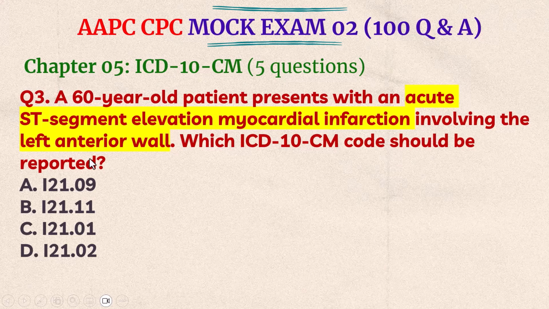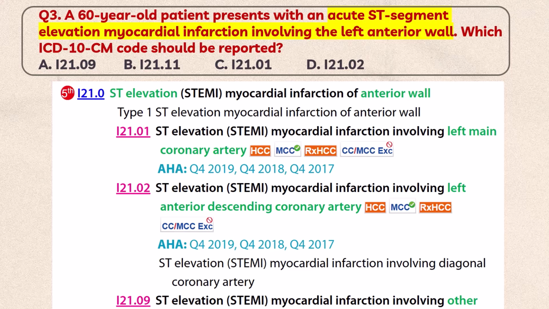When you look at the answer, you can see all are adjacent codes available. So you can use the elimination method to find the answer. So directly go to the codes. So when you go to the codes, you can see I21.0 is ST elevation, that is STEMI, myocardial infarction of anterior wall, but here the laterality is not mentioned. But when you look at the other code,